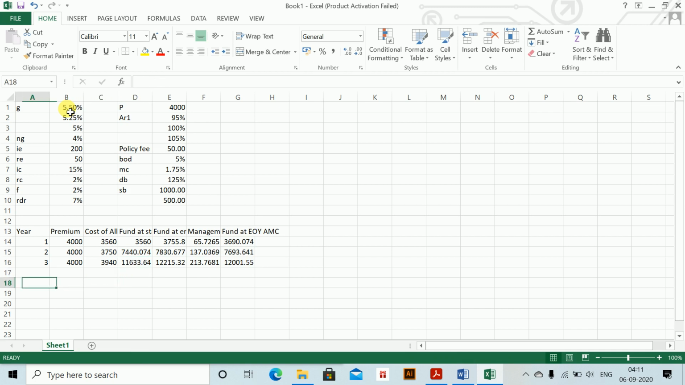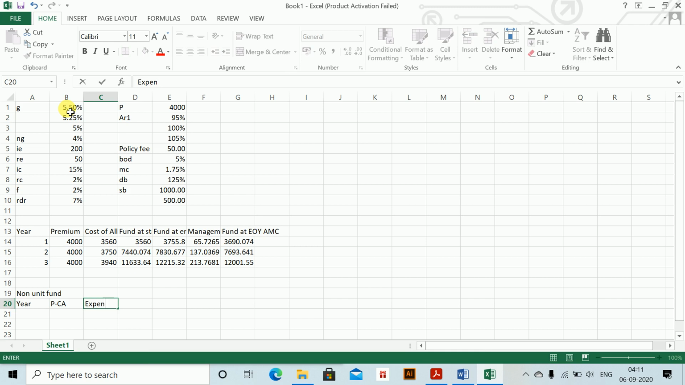So this is the unit fund table we have drawn. Now making the non-unit fund. Complete your Excel work and then only go to Word fast. So non-unit fund is again your premium minus cost of allocation. Then you have your